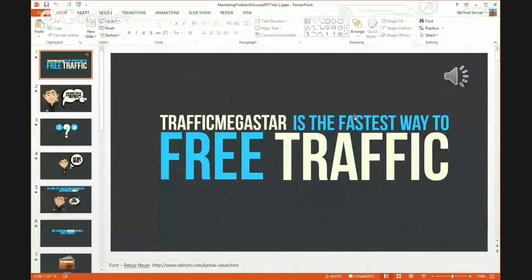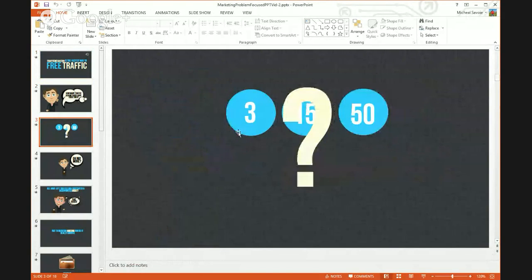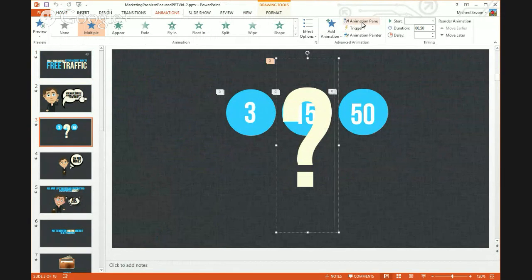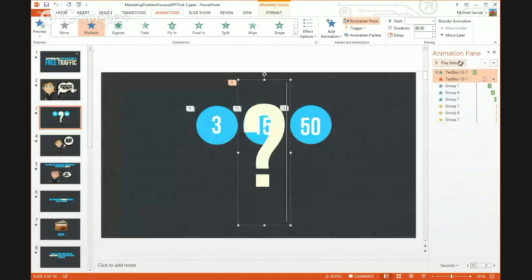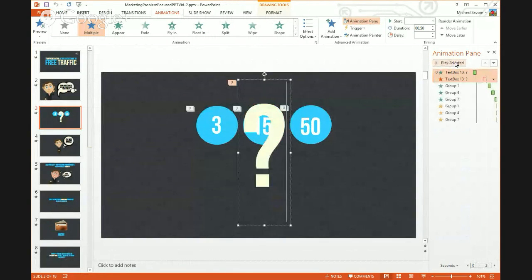See? So now, Traffic Megastar is the fastest way to free traffic. And if you need additional fonts, they usually will tell you. But like this is actually animated. It brings up the questions, and so you can edit this to do exactly what you want it to do.